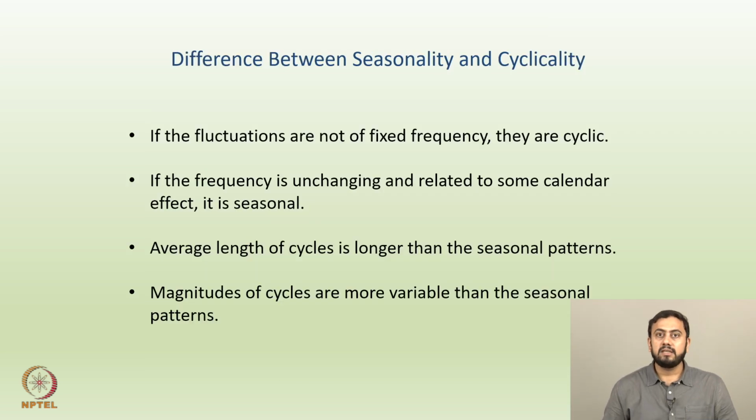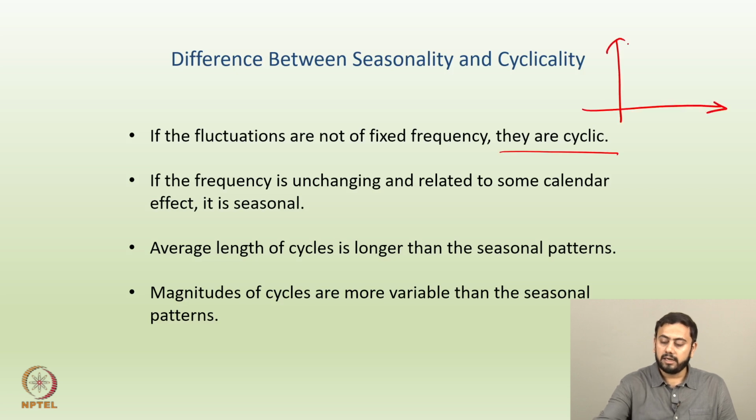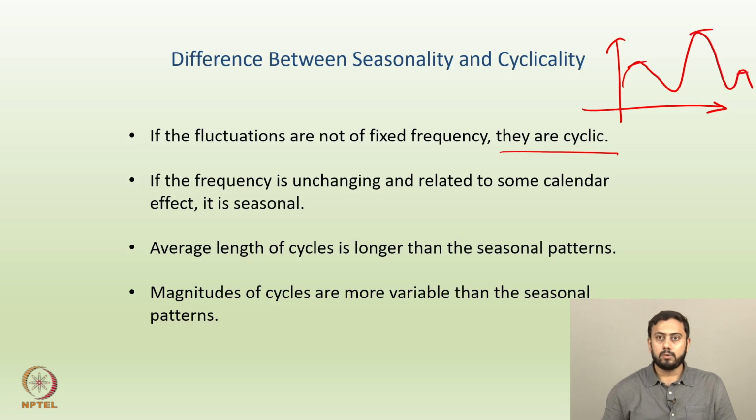Alright, now the important and pressing question is what exactly is the difference between seasonality and cyclicality, because in seasonality we have repetitions, and in cyclicality we again have repetitions. So, what might be the difference? Okay. If the fluctuations are not of a fixed frequency, then you have a cyclical variation. Let us say if you draw a random graph and the repetitions are not of a fixed frequency, the next one could be something like that, and then the next one like that. Even though you have peaks here, here and there, those are not of a fixed frequency. So, this is a very typical graph of a cyclical variation pattern.